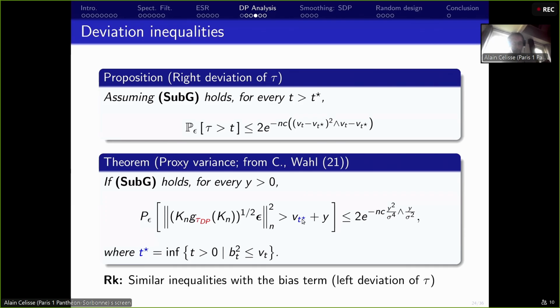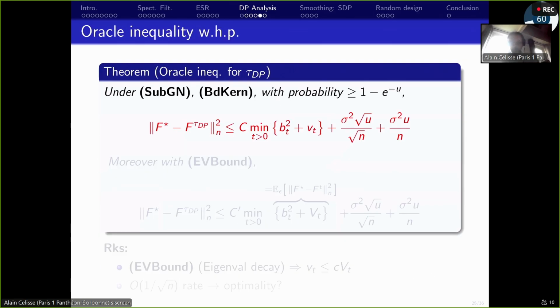It's perhaps not obvious because I'm going quite fast, I recognize, but you have to keep in mind that this second result is actually a kind of corollary of this proposition at the top of the slide. So this is exactly the one goal we had. We are able now to say that there exists an event with high probability that is completely controlled, on which the proxy variance at tau dp is controlled by the proxy variance at t star, which is exactly what we were looking for. And we have the same result for the bias, meaning that at the end of the day, we come up with this oracle inequality we were looking for, which tells you that there exists an event with high probability controlled by u, such that